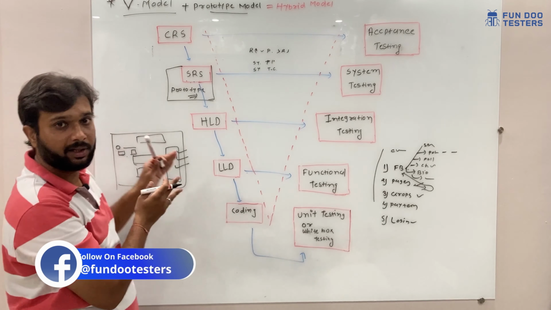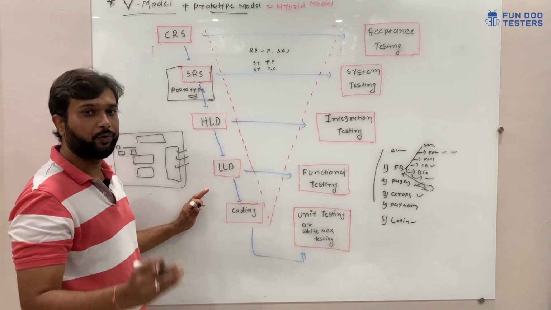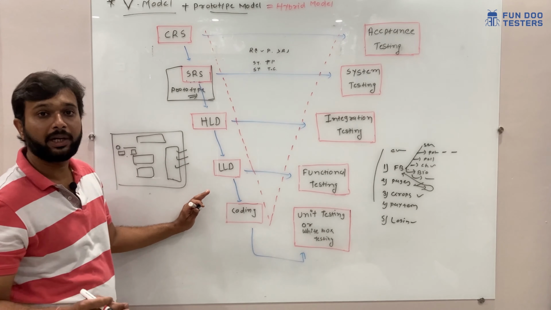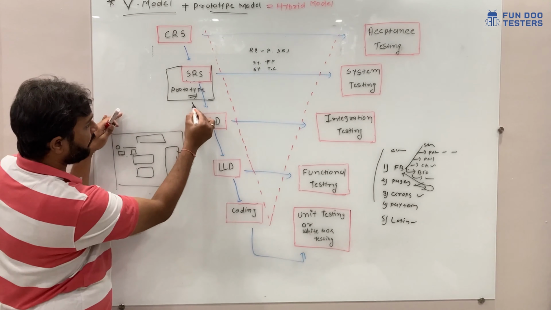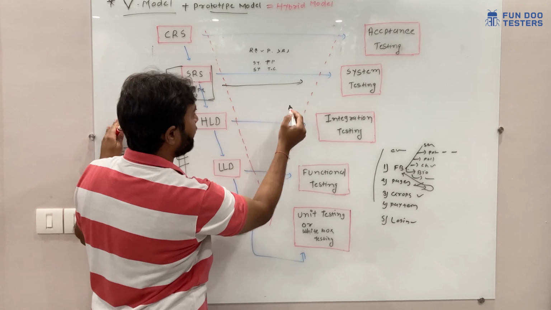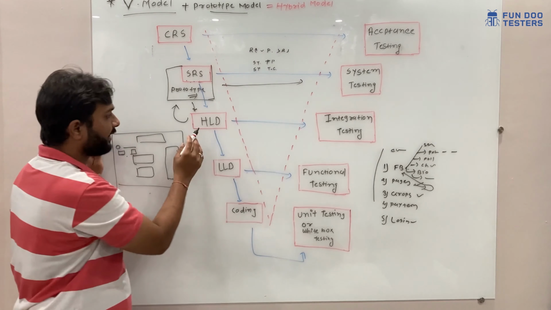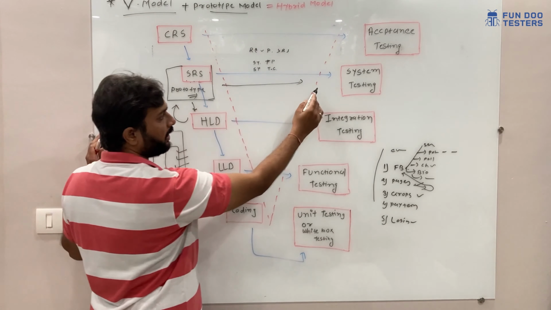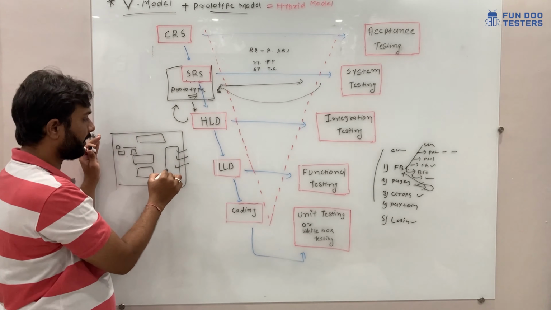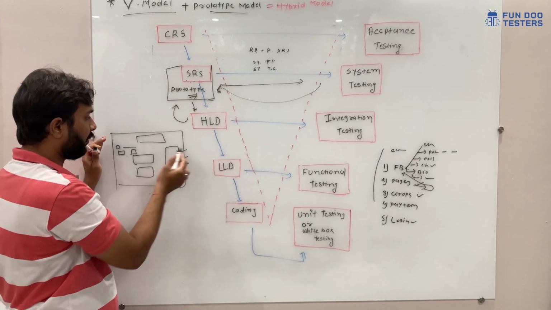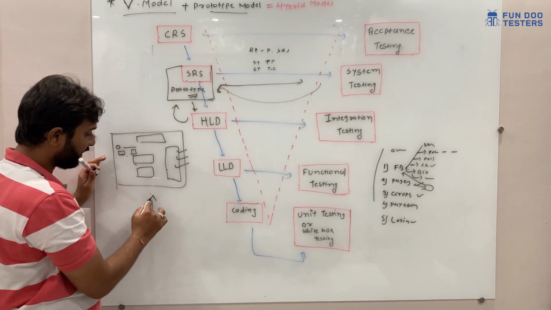So this model will have the advantages of the prototype model and the V model, and they can build one good product. If they find any bug, they send it to HLD and to system testing. If they find any mistakes or errors, the HLD team sends it back to the SRS, and system testing again sends it back to the SRS team. So here again they will change anything based on the requirement. They are even going to share this prototype with the client as well. So the client will also look at this prototype.